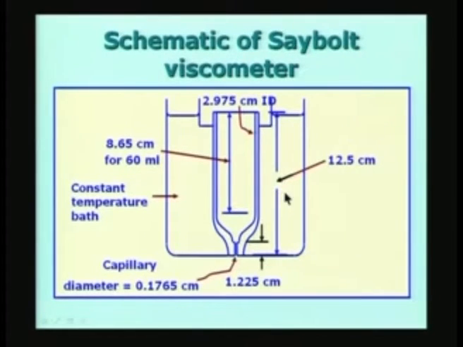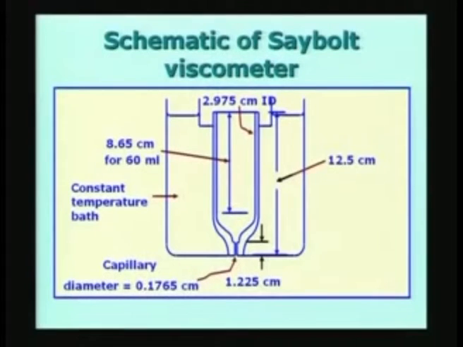If you do not do anything, the temperature will be just the atmospheric temperature or the room temperature. If you have a constant temperature bath as is shown here, you can maintain the temperature at any particular value you want, so that the viscosity we measure will be a function of temperature, because most liquids show a tremendous variation of viscosity with respect to temperature. Therefore, if we are interested in measuring the viscosity as a function of temperature, we can vary the temperature of the constant temperature bath to suit the measurement required.